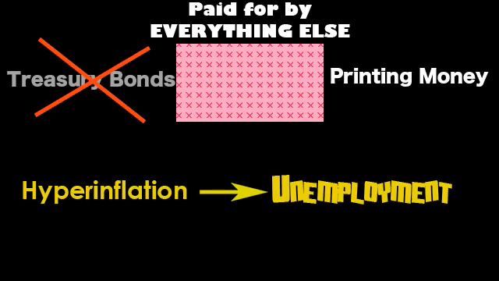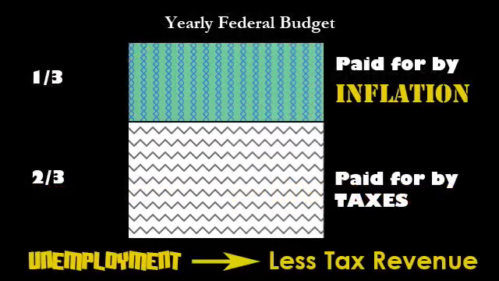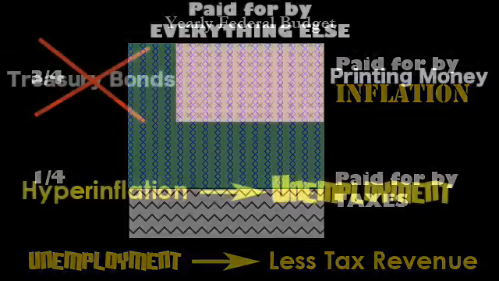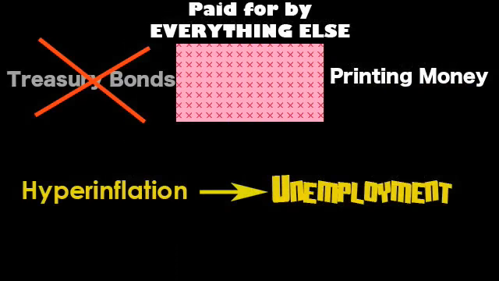That, combined with higher prices, will lead to people saving less and spending more. Taking money out of savings increases the money in circulation. This will further contribute to inflation. More unemployment leads to less revenue. With the budget remaining the same or even growing, this leads to even more inflation. Eventually, people will lose faith in the dollar and stop using it. This is what is known as a currency collapse.